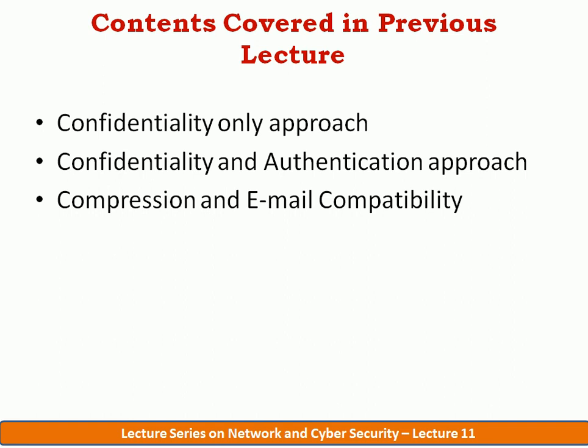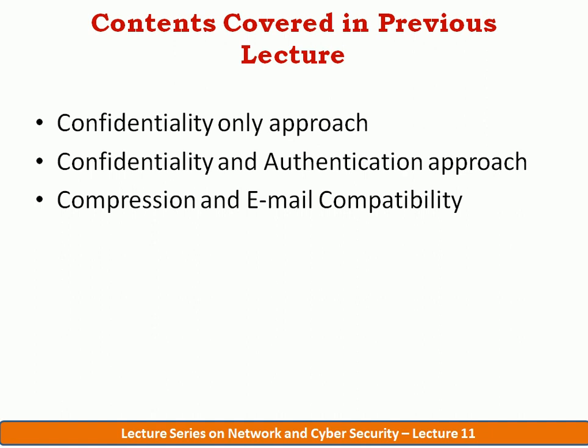We also discussed the confidentiality and authentication services, both provided simultaneously for the security of the email transmission. There we discussed why the authentication should be provided first before the confidentiality, what operations should be performed, and where the hash code should be generated. We discussed why the hash code should be generated on the original message, not on the encrypted message. So first we generate the hash code of the original message and then we go for the encryption.